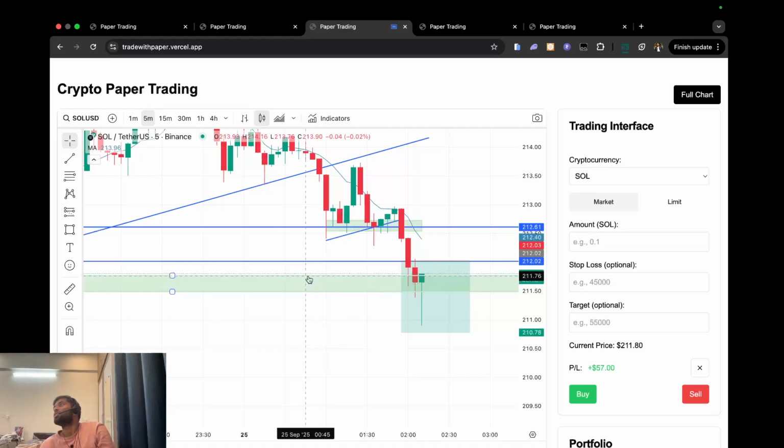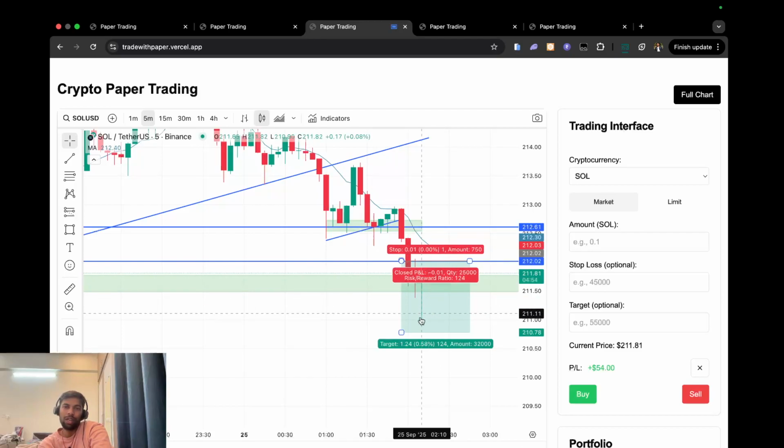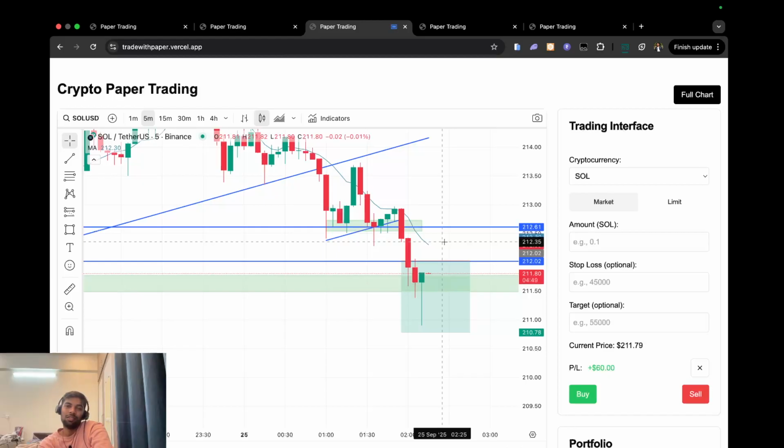Now 10 more seconds to go to close this candle, and we are coming out on break even. So this is almost the break even point. Okay, so this is not a good candle that closed. It almost reversed, and okay, all right, guys. I think we have to close our trade at break even. Ouch.